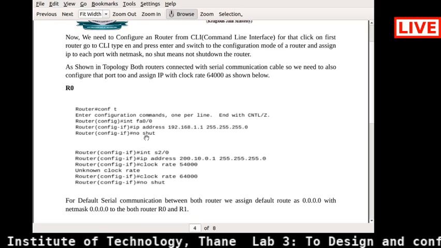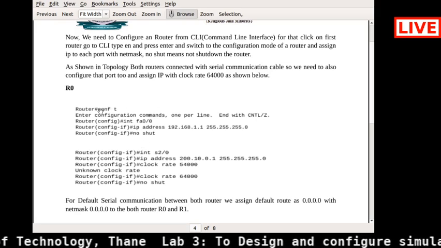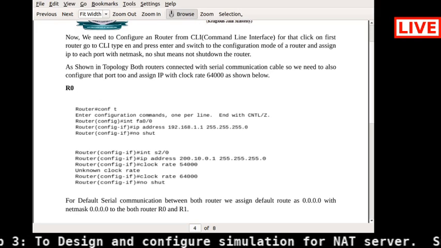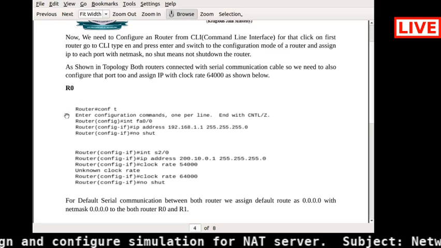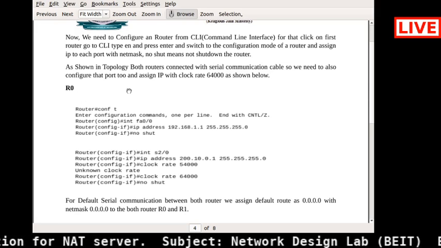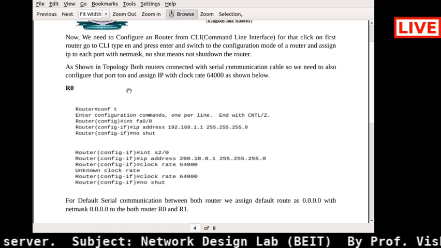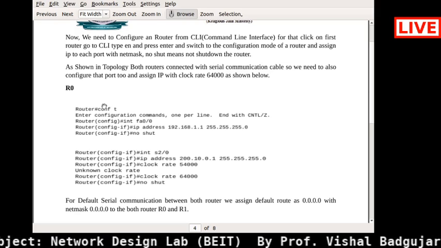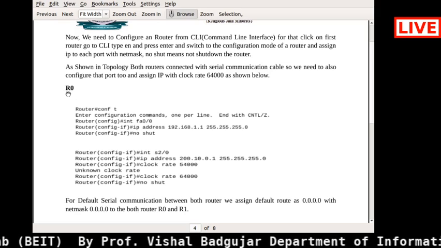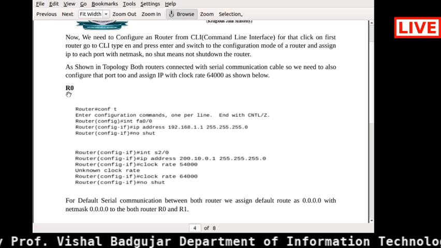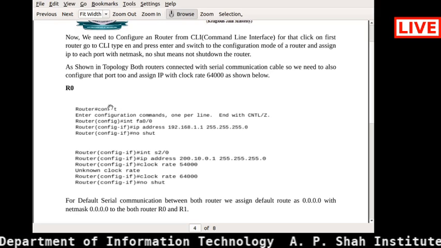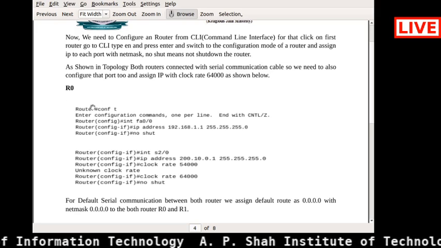So what is it exactly? First of all, in R0 you need to fire the command en. I think it is not part of this screenshot, but en is nothing but enable, so you need to first enable that particular router. After enabling it, you need to use the terminal of that router in order to configure the interface. So here I am using conf t for the configuration terminal of this router,